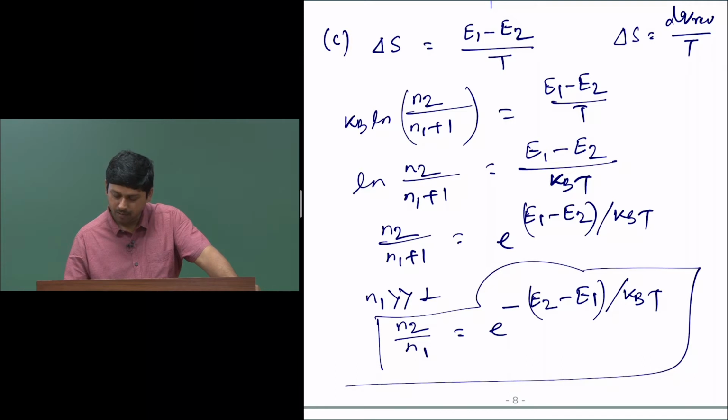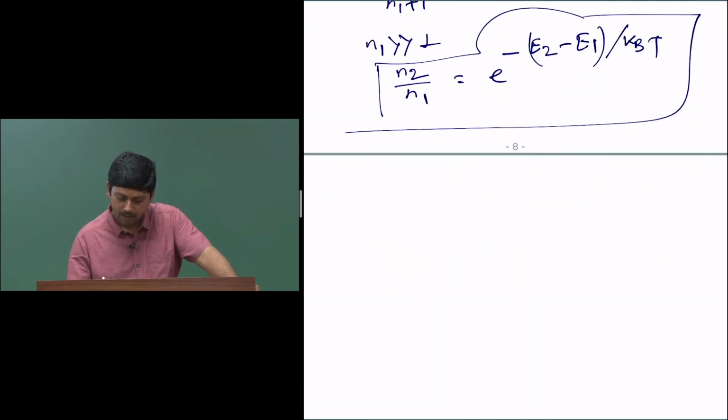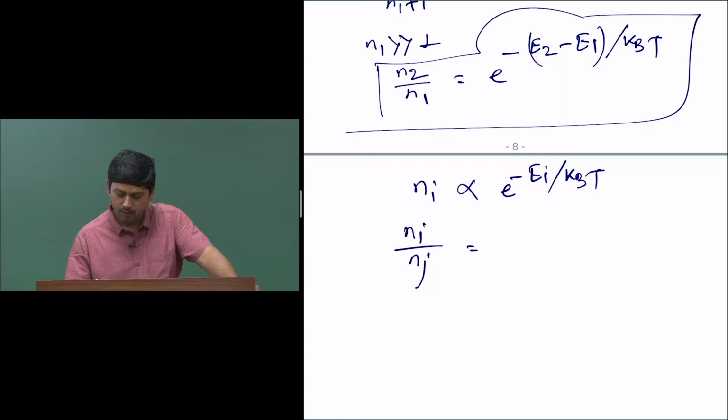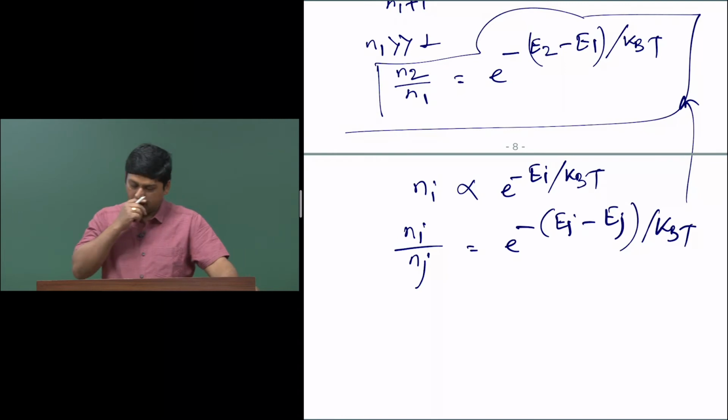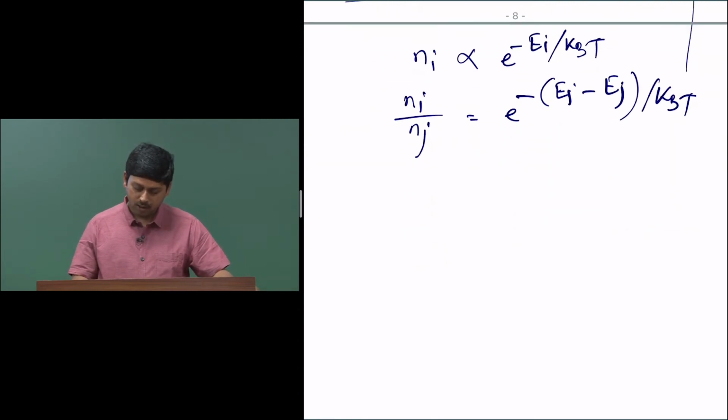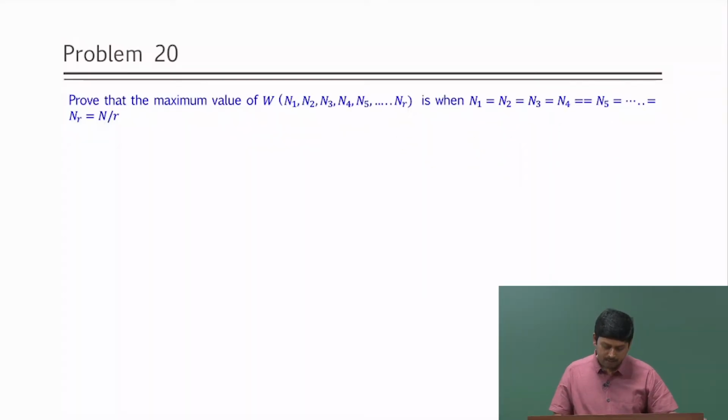distribution, where if you remember that N i is proportional to e to the power minus E i by Kb T, and therefore, N i by N j will be e to the power minus E i minus E j by Kb T. That is the Boltzmann distribution, which is exactly the one that is given there. Okay. So, going to the next question now, prove that the maximum value of W is when N 1,